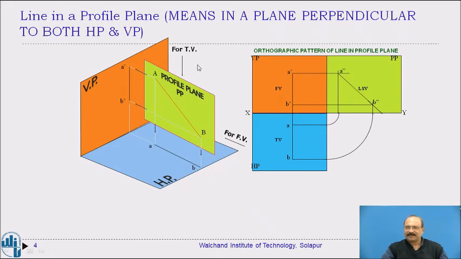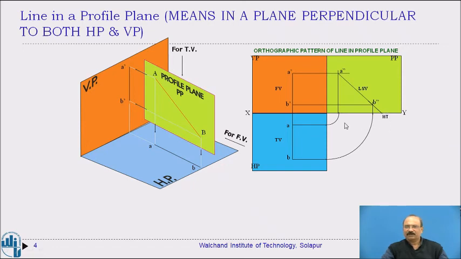Cool. So as far as the first angle method is concerned, you are going to draw the right hand side view on the left hand side of the figure, and the left hand side view on the right hand side of the figure. As far as these line problems are concerned, you can take it either way, so you don't have any problem here. But whenever you go with orthographic projection, you have a constraint to draw it as either a left hand side view or a right hand side view. Based on that, you are going to draw this as a profile plane. Generally you are going to take it on the right hand side only.